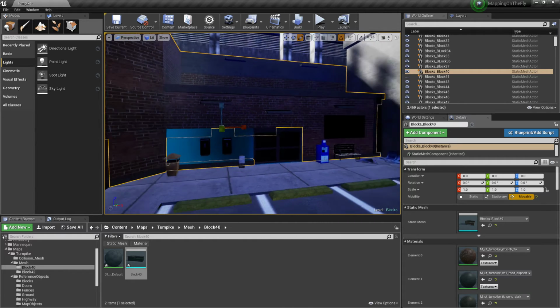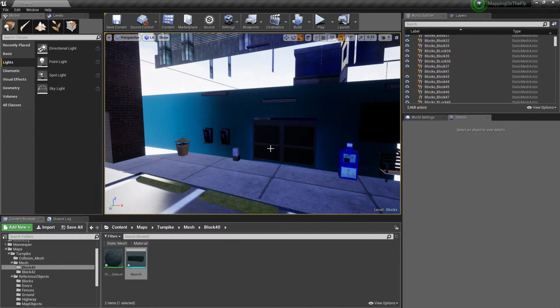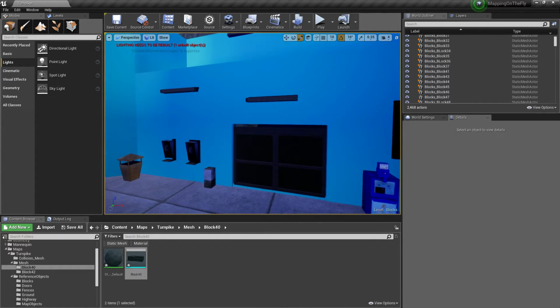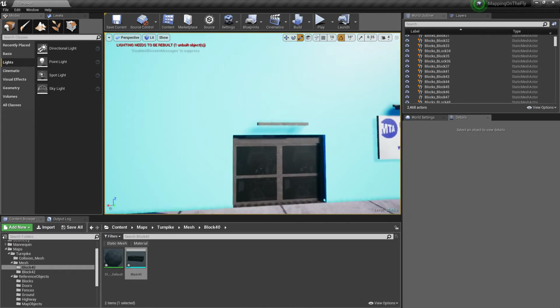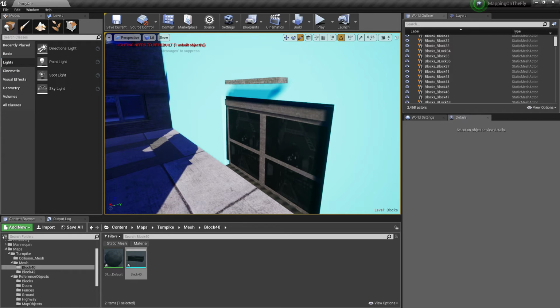Okay, we always have the reference in our folder here, so we can actually delete that. We can always bring it back in again, and that is pretty good. That's pretty darn close. Hide that, hide the door,